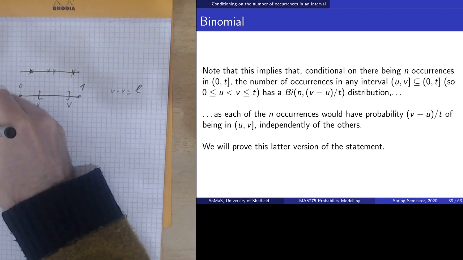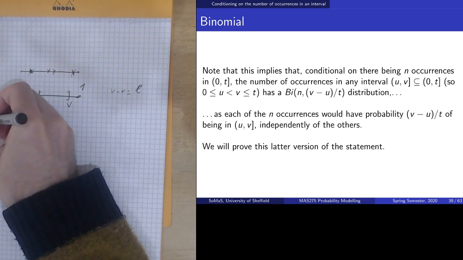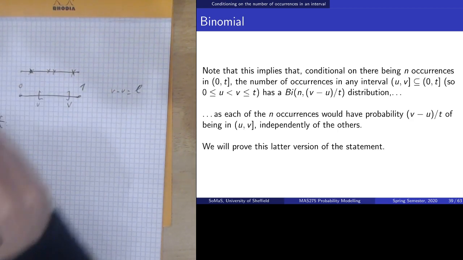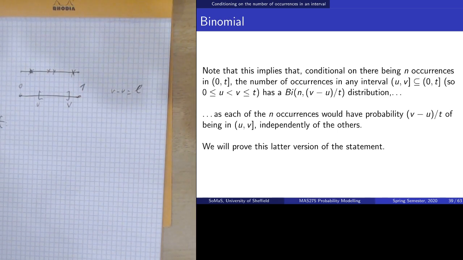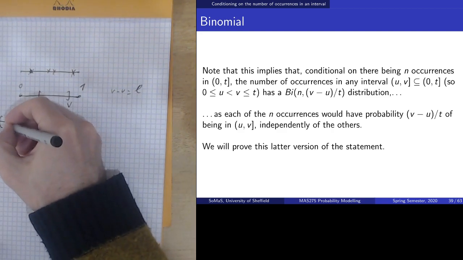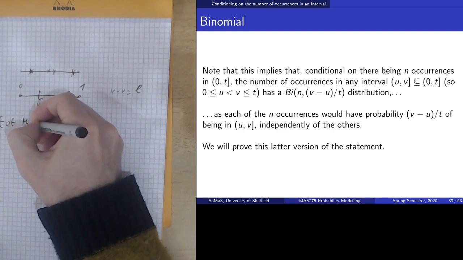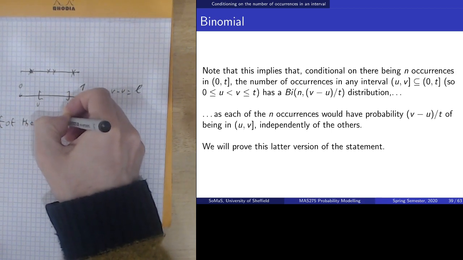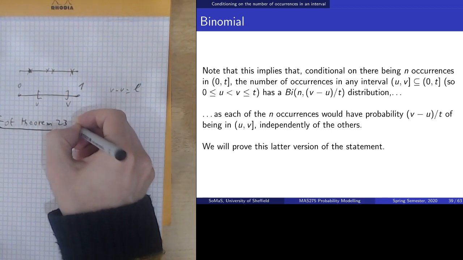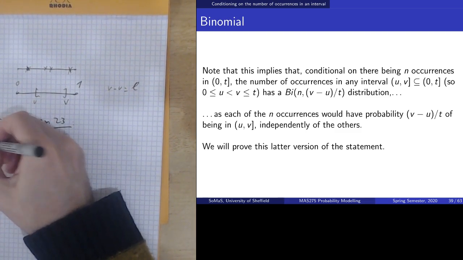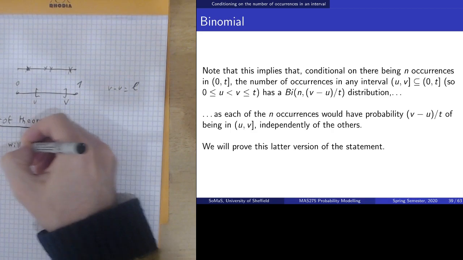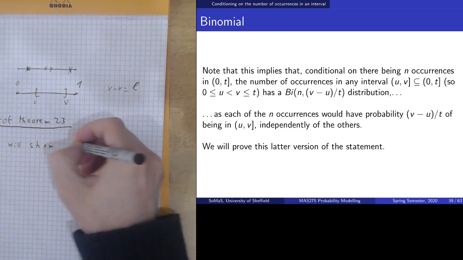Proof. So let us prove. Let me give you the number of the theorem. Theorem 23. Proof of theorem 23. And so we will show that